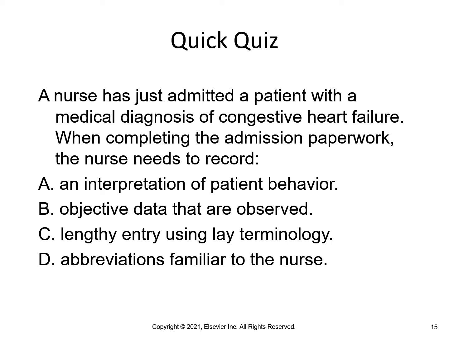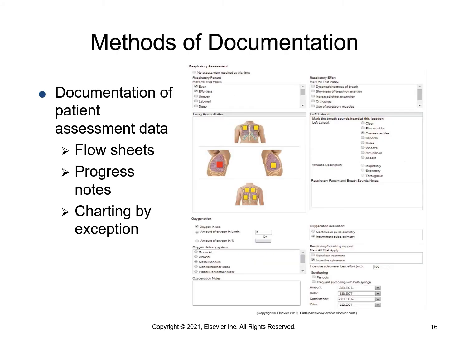The answer is B. Objective data are part of the assessment portion of the nursing process. All data collected during the nursing process should be documented. Nurses routinely document patient physiologic data and routine care using flow sheets. These forms allow quick and easy entering of assessment data about a patient, considering vital signs, admission, daily weights, or